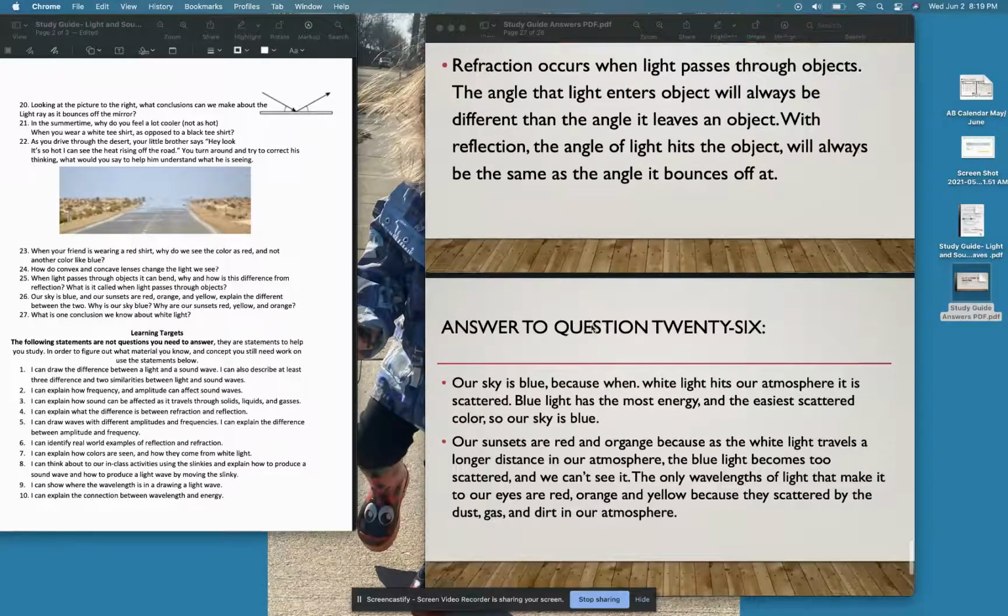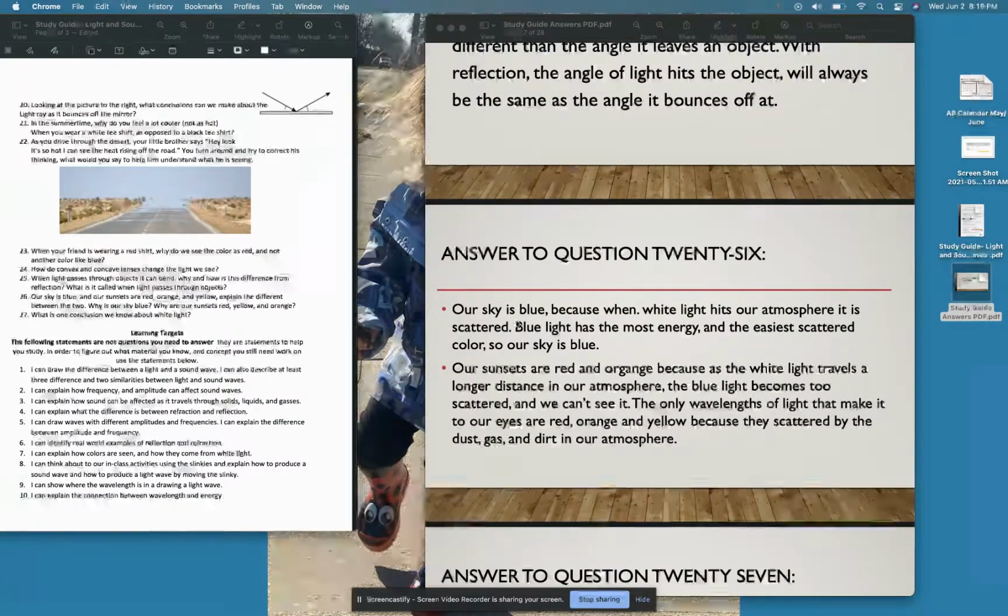All right, why is our sky blue? Well, sky is blue because with white light, it hits our atmosphere. And it's